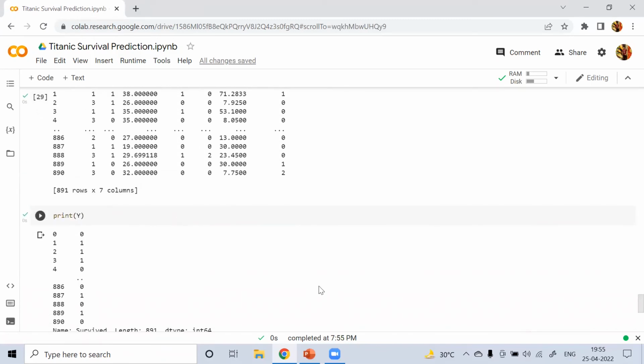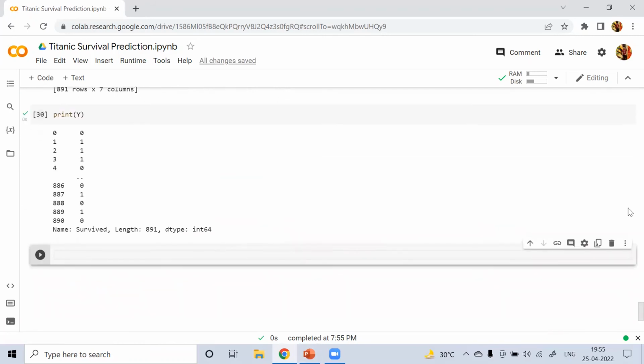So now let's split the data into training data and test data. X train, X test, Y train, Y test.